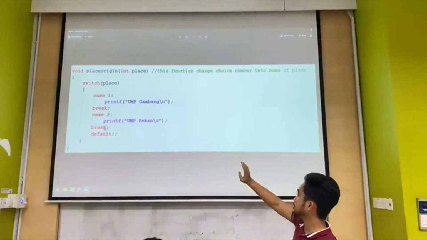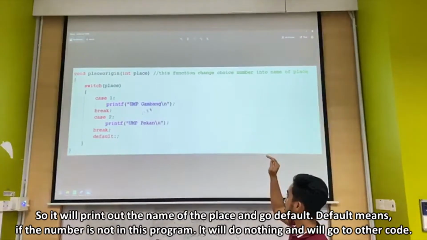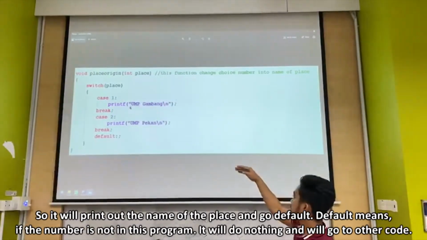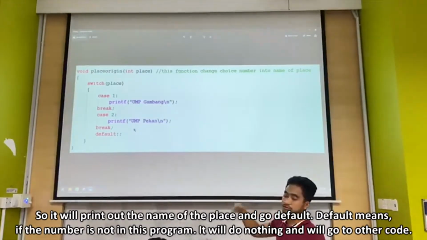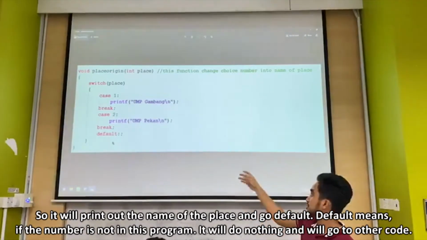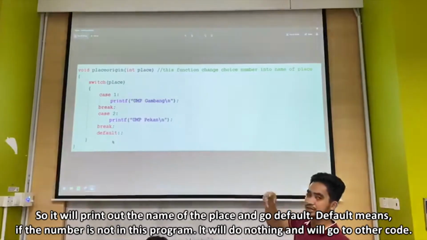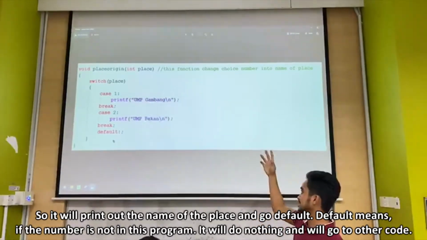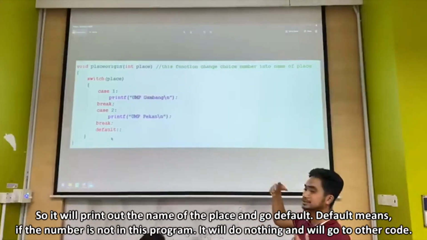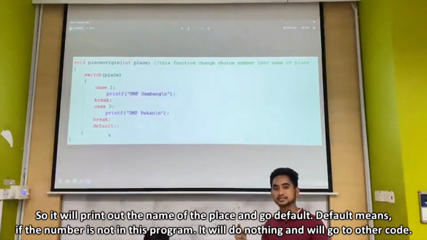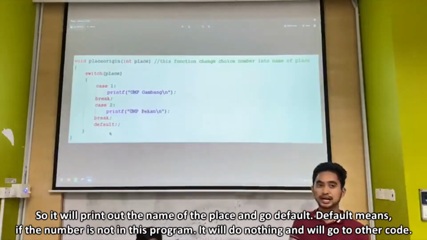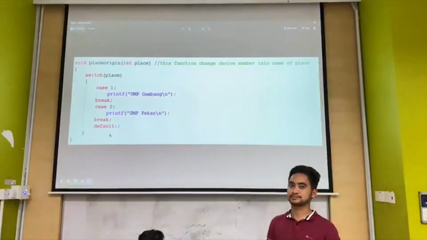Break, and then it will print out the name of the place, and default. Default means if the number is not in this program, it will do nothing and go to the other code.